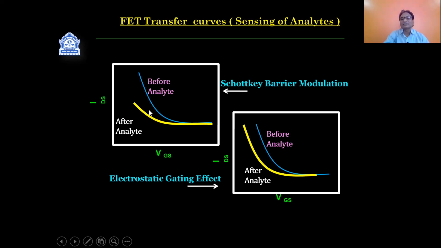So in this case, we have got the same threshold but a different slope, whereas in this case, we have got the same slope but a different threshold voltage. Whenever you have the same slope but a different threshold voltage, it means it is the electrostatic gating effect. It means whatever potential you are applying at VGS plays a role in producing the different nature of the transfer curve. Truly speaking, whenever you do FET sensing, you need to get this kind of curve, not this kind. But in reality, you are going to get a combination of both.